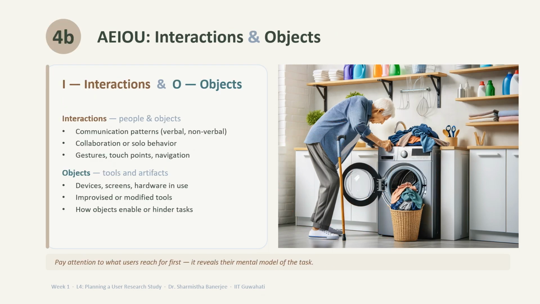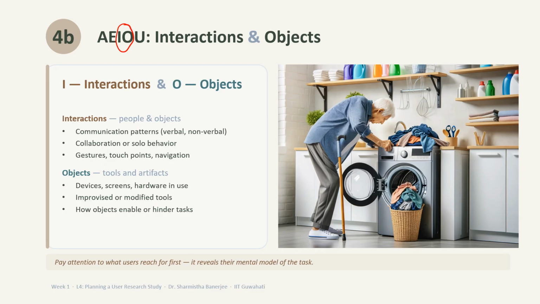Then comes the interaction and objects in the AEIOU method. So interactions are with the people and the objects in that particular environment. So people might be communicating while doing it. So let's say if there was a toddler also over here, so maybe this man would be communicating with the toddler as well while doing this activity. This activity might be also an aided task. So this person might be telling another person, can you please get me the detergent? So all sorts of communication with another person if involved,